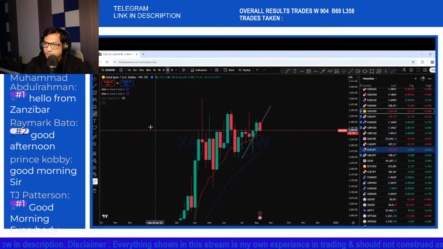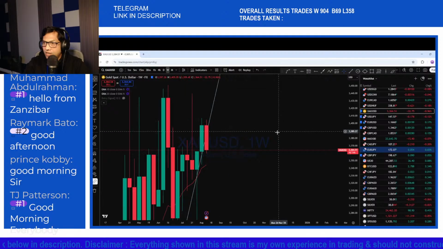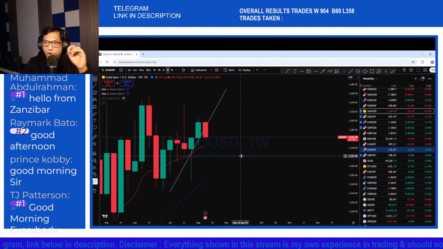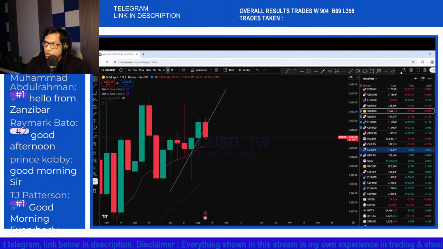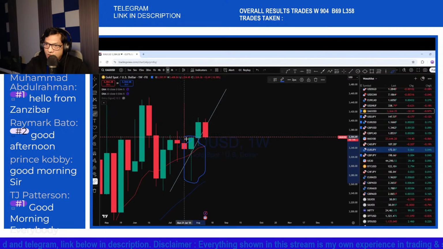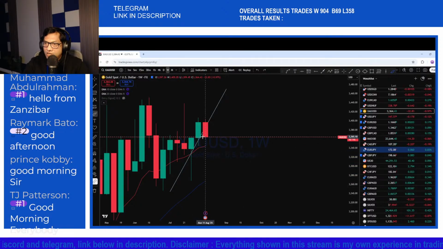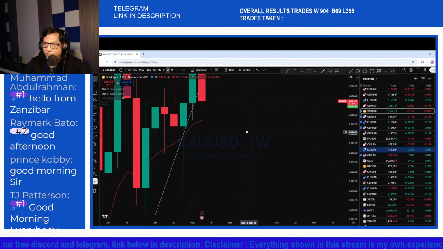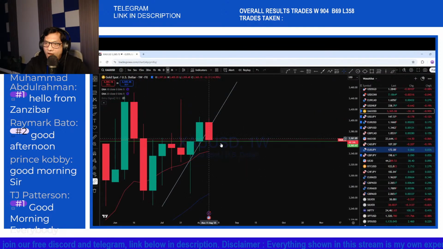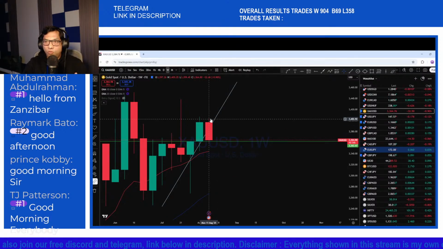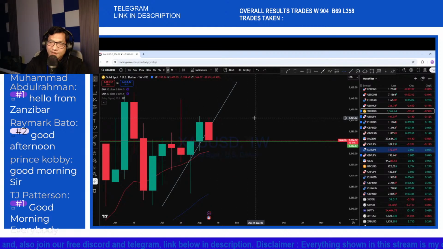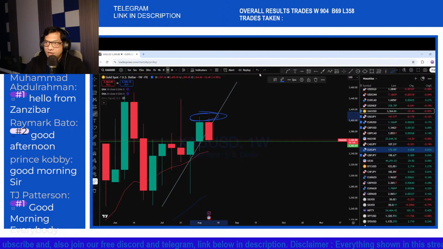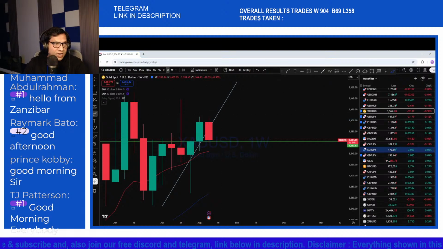If we look at the weekly chart, this is the weekly price action where there is a weekly pin bar. One very important price action you can see on the weekly is that the previous week there is a very significant pin bar in that area, and from this level the previous week formed a bullish candle. Now this week, after retesting this previous weekly shadow, the market started to